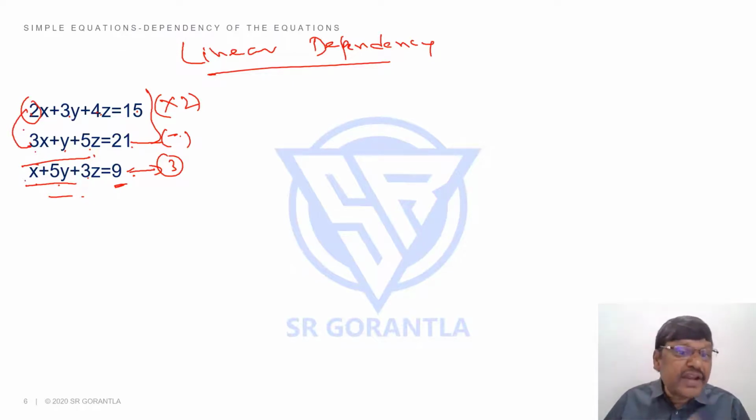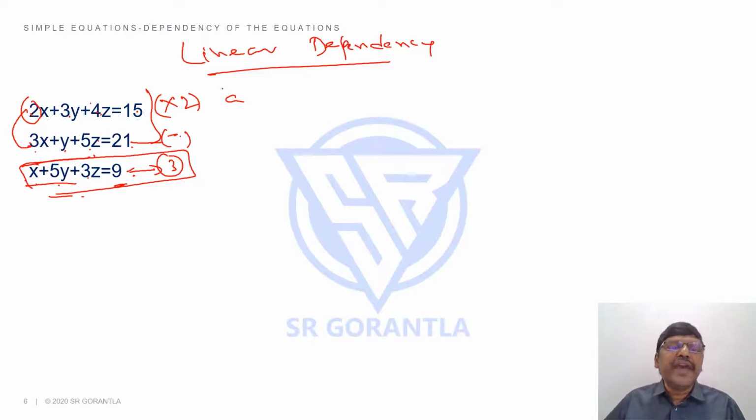So this third equation is a combination of the first two equations. But then you may say, how do I get the idea? If you don't get the idea, students, I tell you one thing. Let me assume that if this equation is dependent on these two, maybe a times this, like I said, 2 times of this minus 1 time of this. A times this and b times the second equation may give me the third equation. Students, then how do I compare? Very simple. Let me write it clearly. 2x plus 3y plus 4z equals 15.